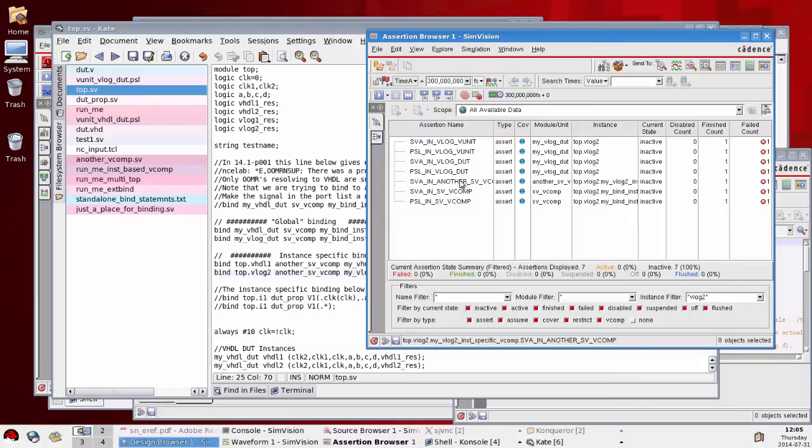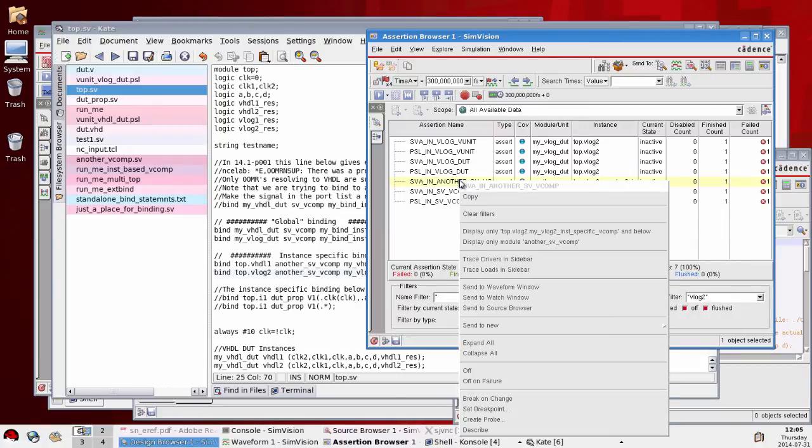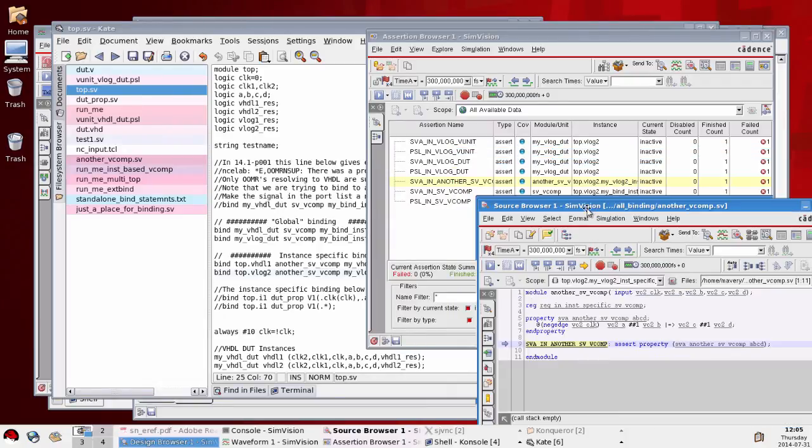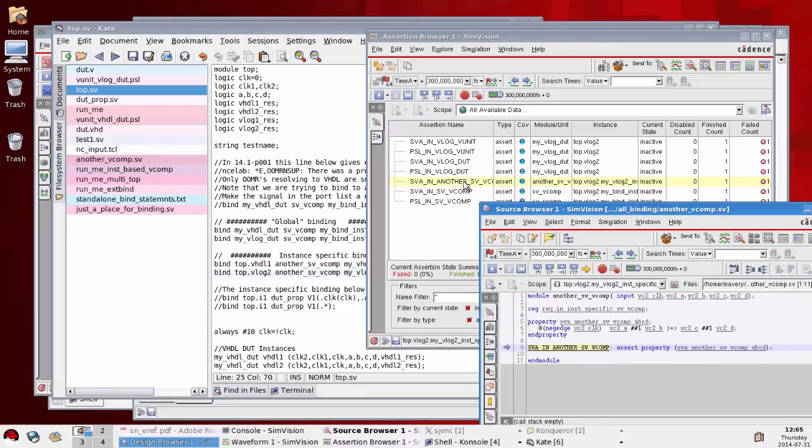So notice this is that SVA assertion. If I send that to the source browser, this was this verification component, this additional one we've just written, and how that's applied. How the waveforms are plotted as well here, actually, if you want to plot things as waveforms, what's often useful,